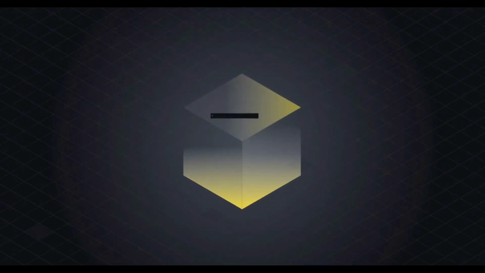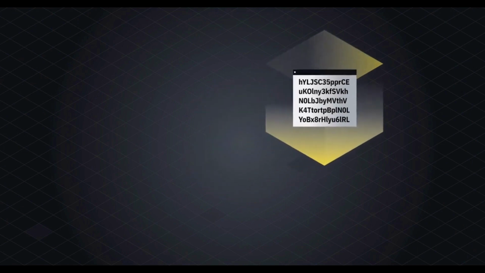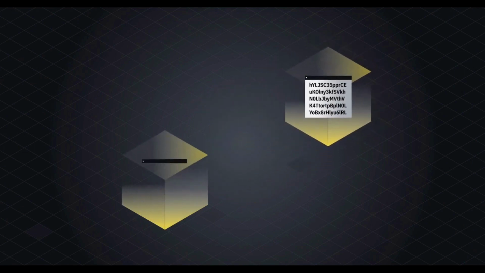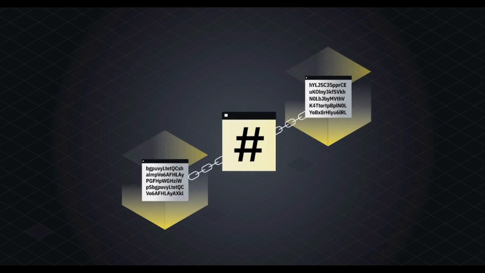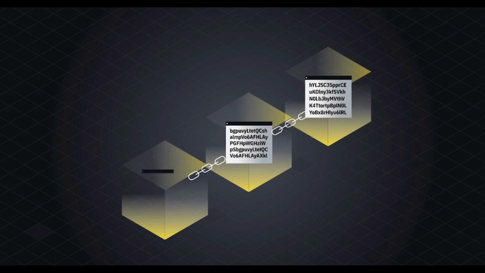In blockchain systems, each block has its own hash that functions as a unique identifier, and every time a new block is created, its hash has to be produced based on the hash of the previous block. So the short answer to our question is, blocks are connected through hashes.